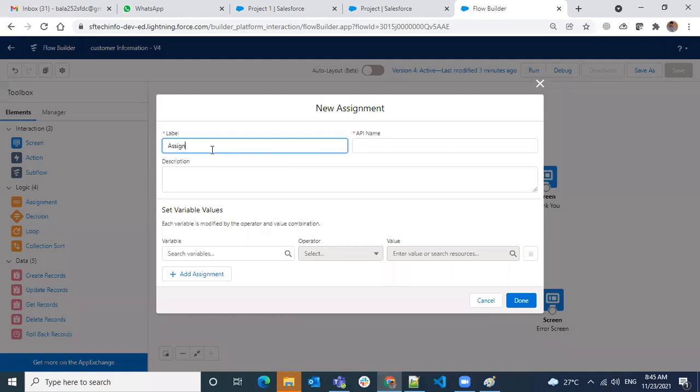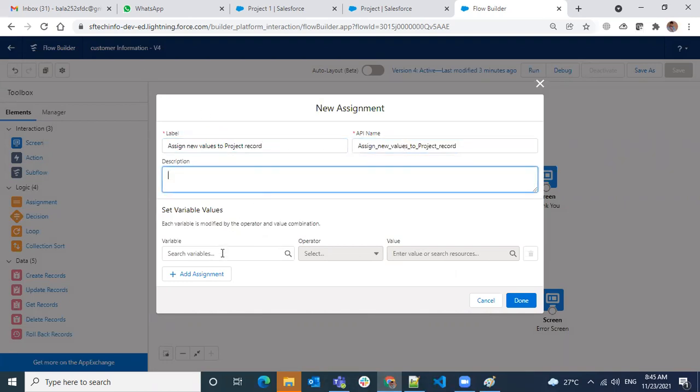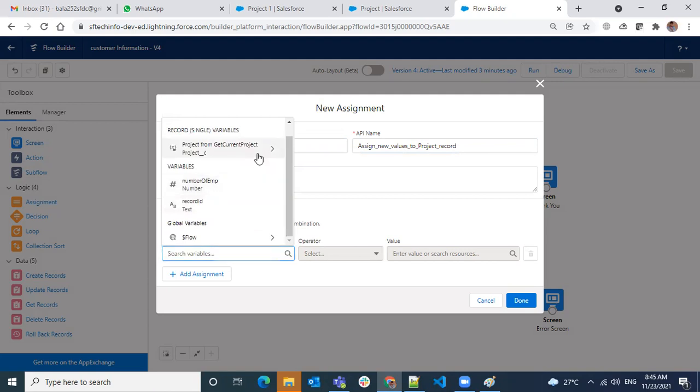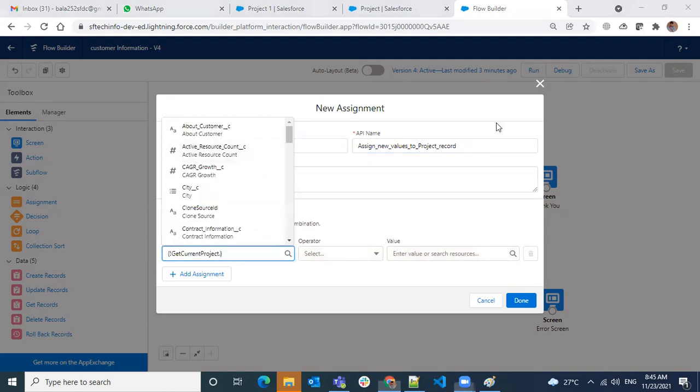Now what I have to do here is an assignment. Assign new values to project record. Okay, now what is the variable you have in this project?